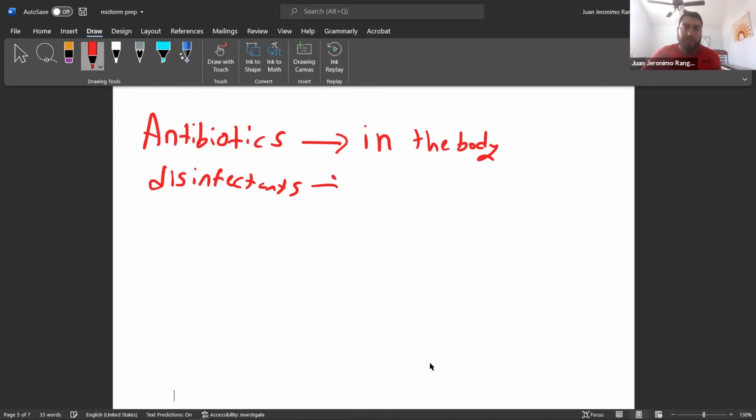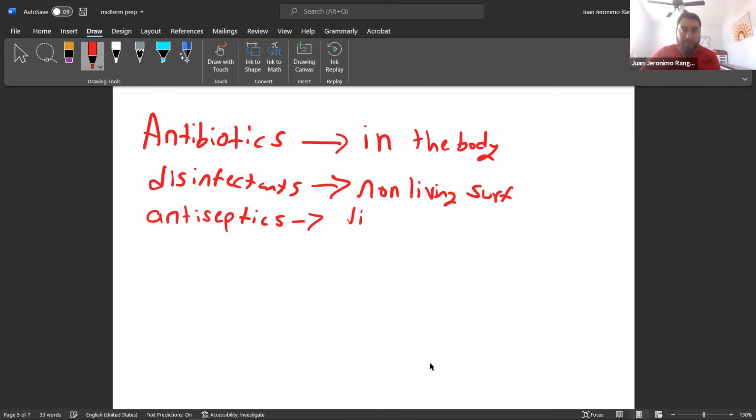So these are used for non-living surfaces. And then we have antiseptics. So this is for living